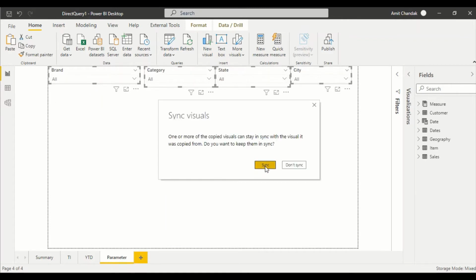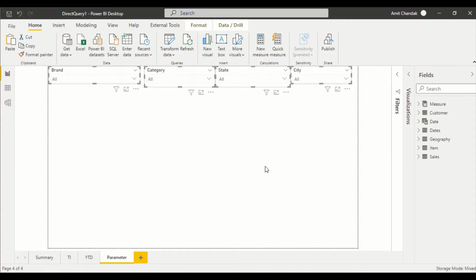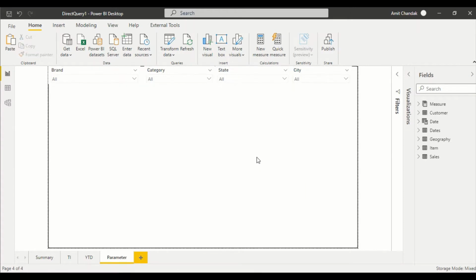And it is going to ask me, do you want to sync this? Okay, well, fine, I want to sync this. So whatever parameter I select, if I go back to that particular summary page, they will be synced, so they will get refreshed. And we have to note down the number of queries at that time. That's our objective: how many queries we are getting. So we will note down the total number of queries reflecting right now versus the total number reflecting at that time, and we will be able to find out.